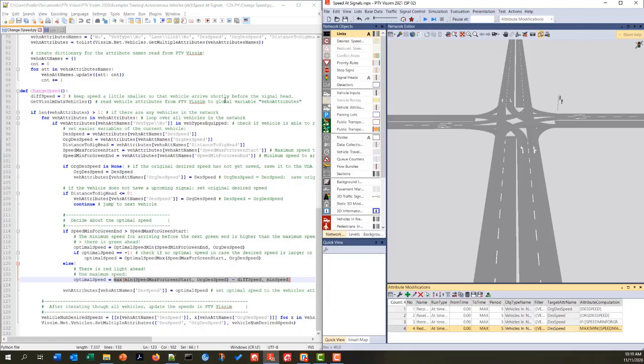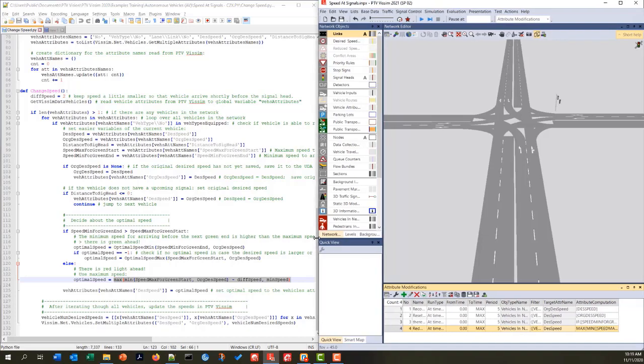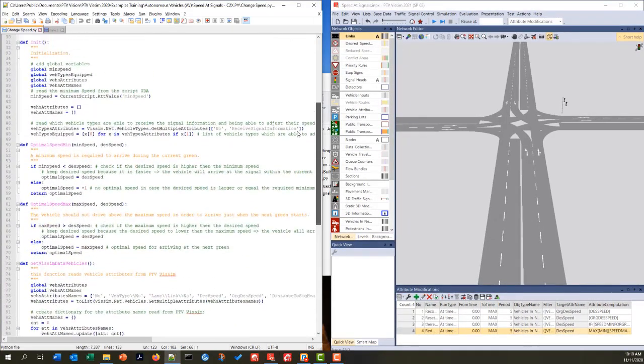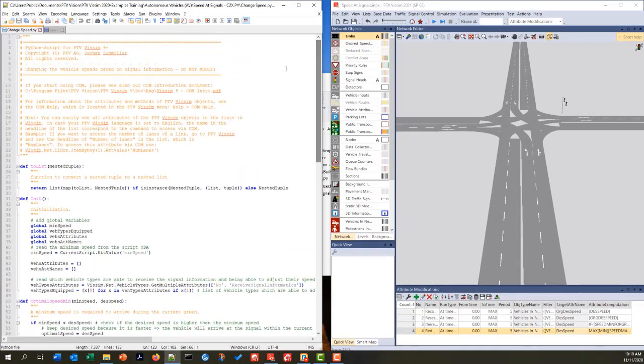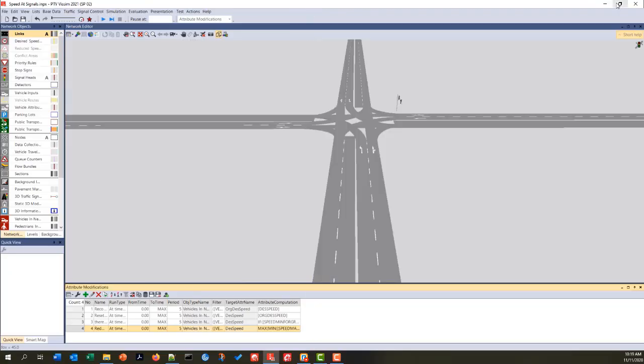We hit OK, and now we should be done with these 4 attribute modifications. We should have successfully replicated all the logic that goes on within this script. So we'll go ahead and maximize this, and press play, and hopefully, if everything worked out just fine, we'll see the red vehicles. The connected vehicles exhibit the same type of behavior,